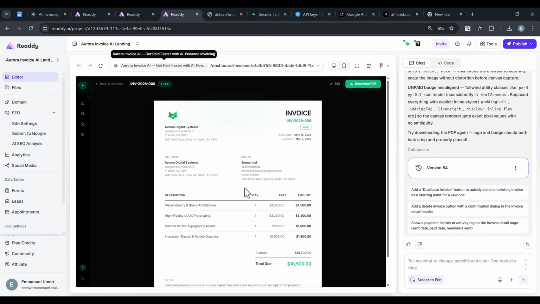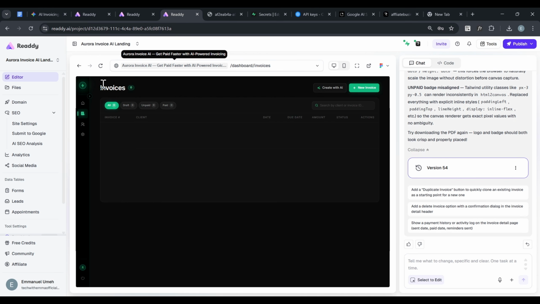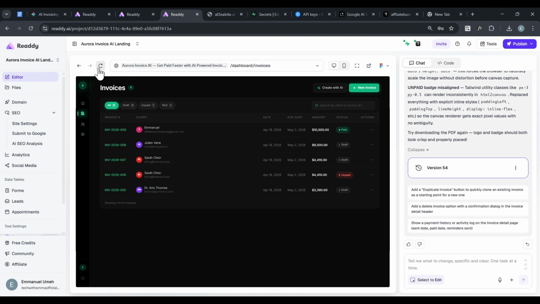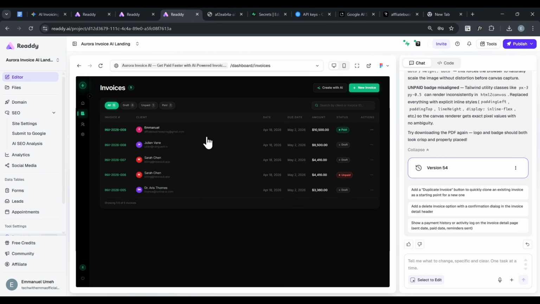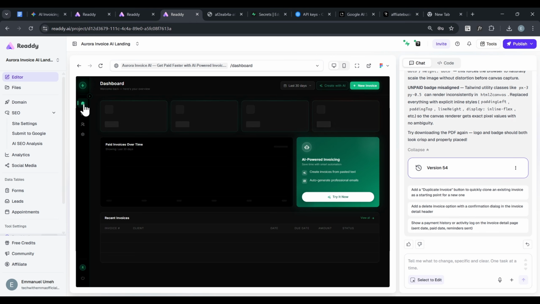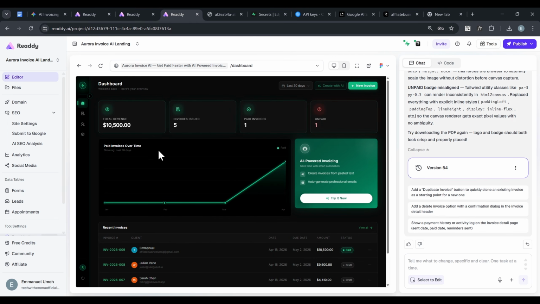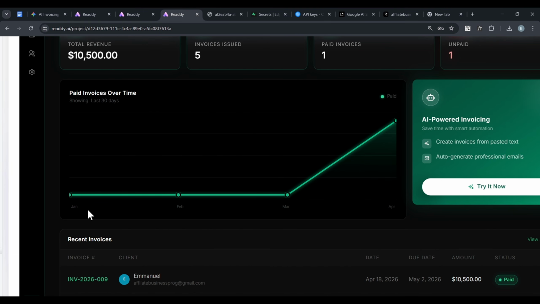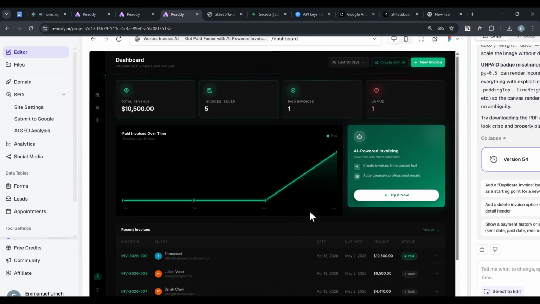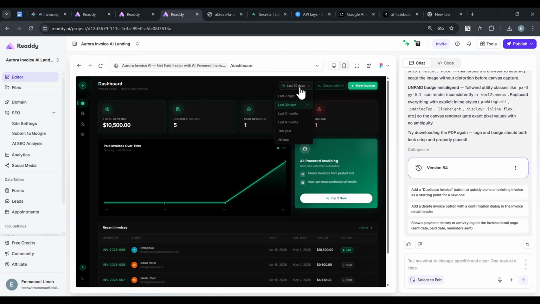Let's see. So let's go back and let me make sure this is working fine. So I'm going to reload to confirm. So it's working. So now let's go to the home page to see that we can see the chart. So this is working. So let's see, we can see January, February, March, April, and if we click on filter